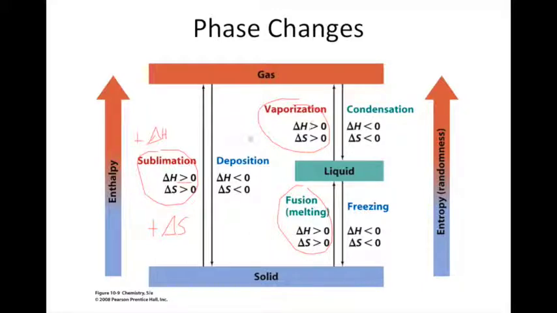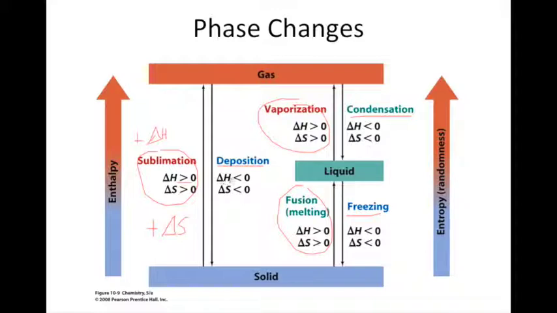Now for the other ones, the ones I don't have circled here, let's underline those: deposition, condensation, and freezing. Here we're going from, basically, the opposite. Our initial state is a less ordered state, more random, and we're going to a more ordered state. So in order to go from gas to solid, gas to liquid, or liquid to solid, for each of these, we have to form intermolecular forces, right? We're condensing the substance or freezing or depositing the substance. So we're forming intermolecular forces.